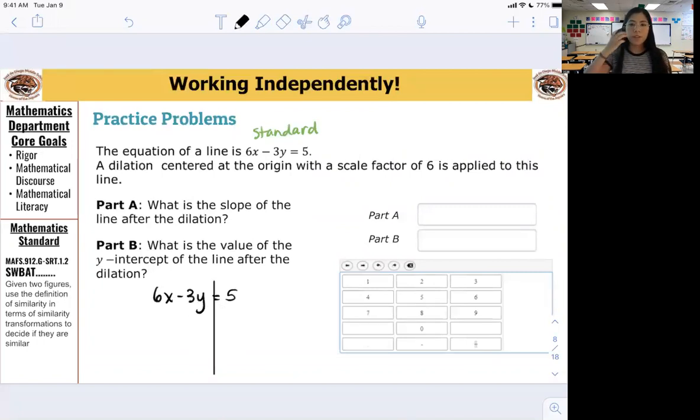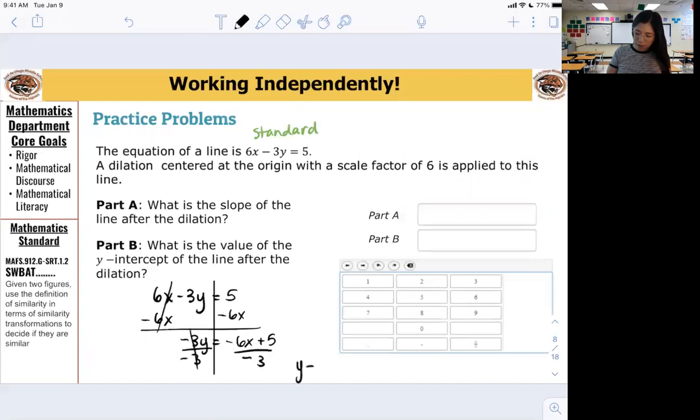So first things first, what do I do? Subtract 6x, I'm left with negative y equals negative 6x plus 5. Now what? Divide by negative 1,